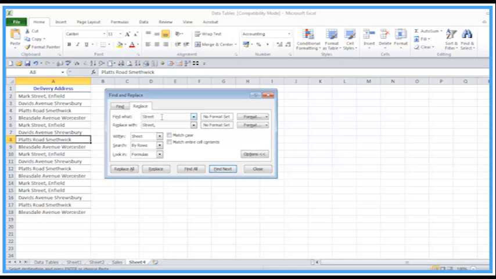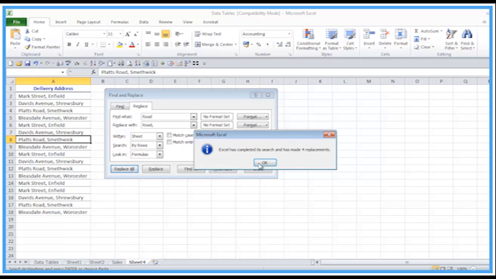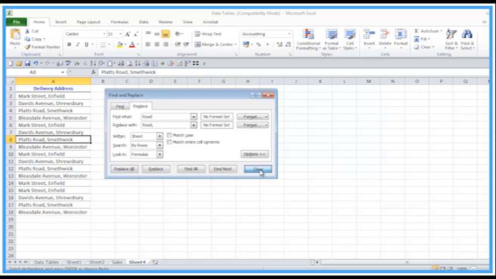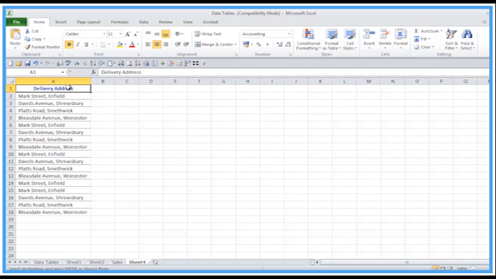Let's do the others the same way. So go back and find avenue and replace with avenue, comma. And finally road, replace with road, comma. So that's a great way of sorting out data issues. And I'm going to do